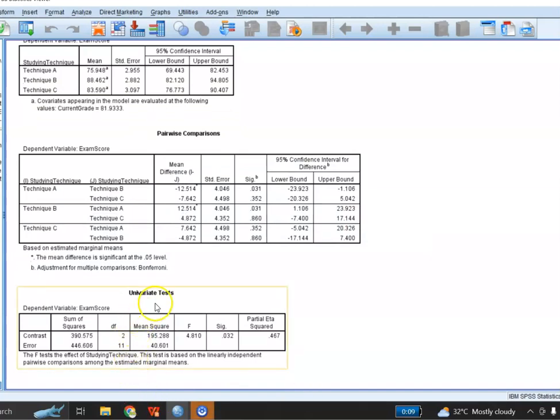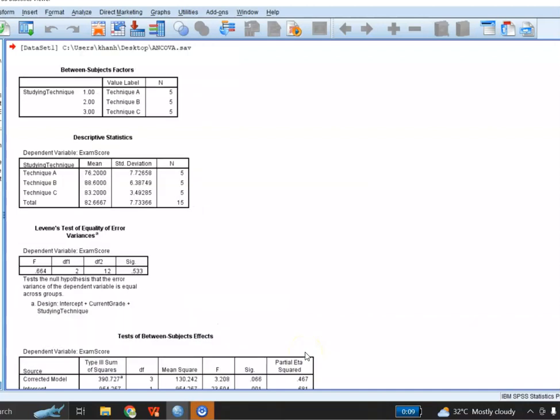this is the univariate test. The dependent variable is exam score. The F test tests the effect of studying technique. The test is based on the linearly independent